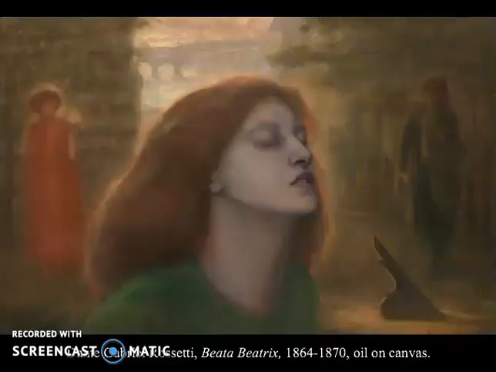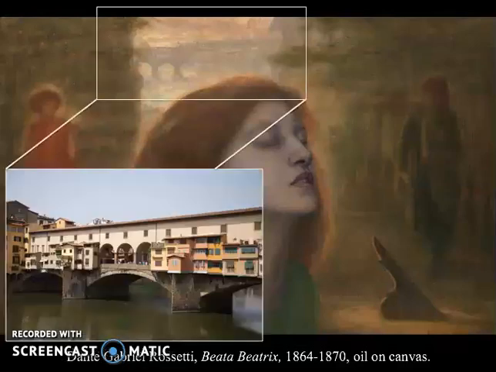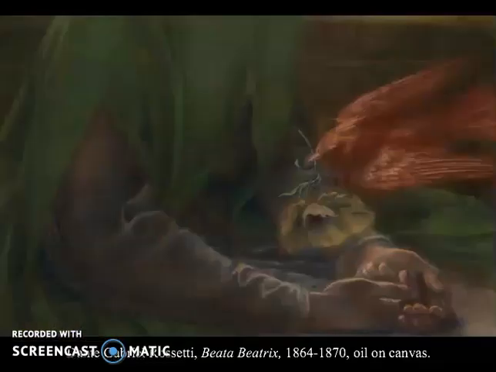Here you have Dante looking off to love, as I previously said, portrayed as an angel holding in her palm a flickering flame of Beatrice's life, which is about to go out. In the distance, you see Ponte Vecchio, which signifies the city of Florence, the setting for Dante's story. You have the impending death depicted by this red dove, which is the symbol of the Holy Spirit, which descends towards her, holding an opium poppy in her beak,